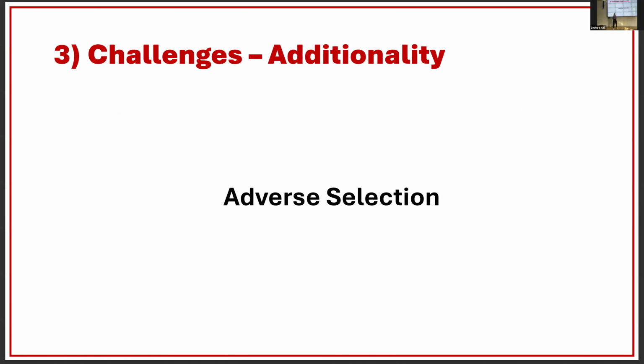Why does this matter? It matters because of this thing called adverse selection. This is basically the idea that actors are most likely to enroll in schemes like biodiversity credits if they've got a low opportunity cost. So you might have a landowner that has a patch of forest sitting there, and they were never planning to do anything with it anyway. It wasn't threatened. But they sign up to a credit scheme and start making money, which is lovely for the landowner, but not lovely for conservation, because we should be investing that money somewhere where there was actual threat. So we need to be sure that we're proving additionality.